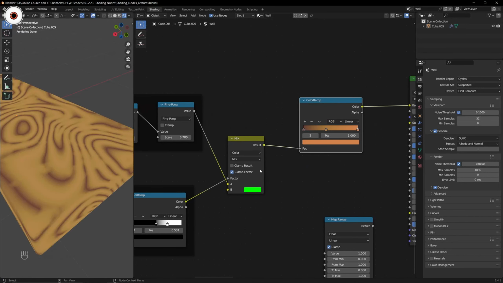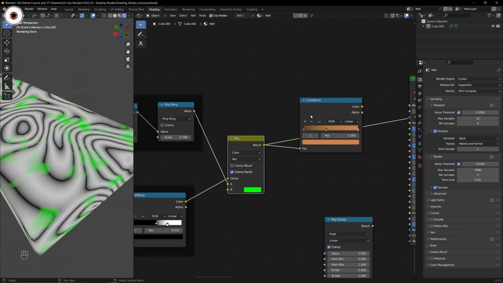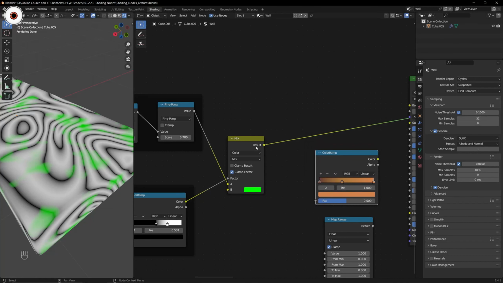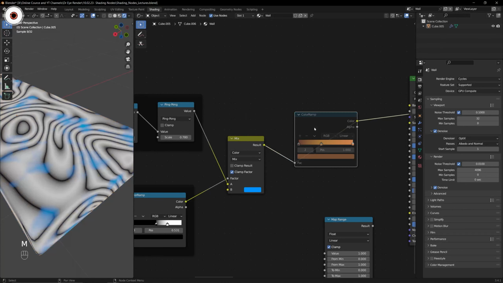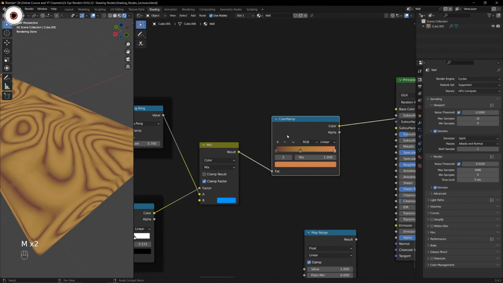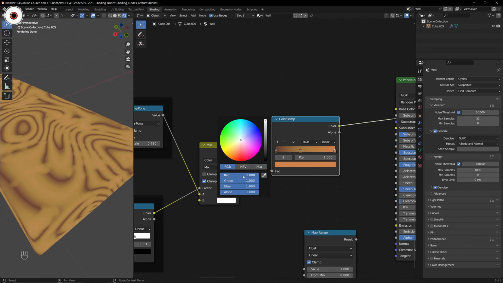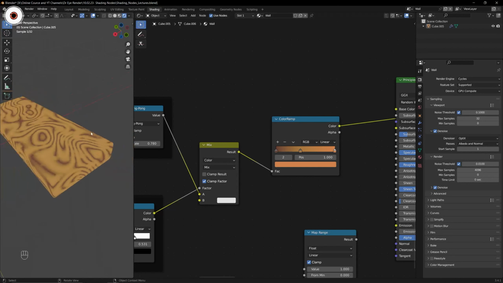Why is it not showing? If we remove the color ramp from between, then we directly click on mix RGB, it is showing the color, right? Then why, when we are having the color ramp in between, is it not showing the blue color? It is because the color ramp is overlapping those values. Okay, and the reason why it is there, right? By default it is on white values. Okay, so we can keep the default, and we can see that